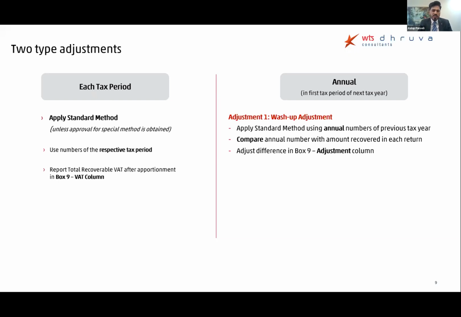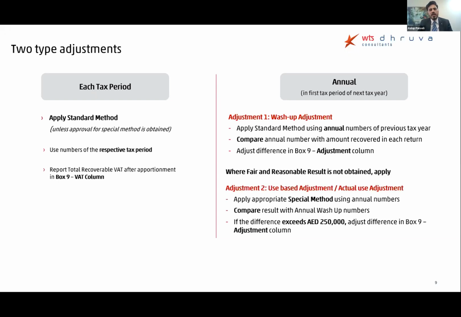It could be a positive adjustment as well. It can be a negative adjustment, but this true up has to be done. This true up, this wash up has to be done irrespective of any method that you're following. Even if you have a special method approved by the FTA, you still have to do this. So this is mandatory. There's no limit, nothing. Even if it's a 10 dirham difference which is coming on an annual calculation, you still have to make this